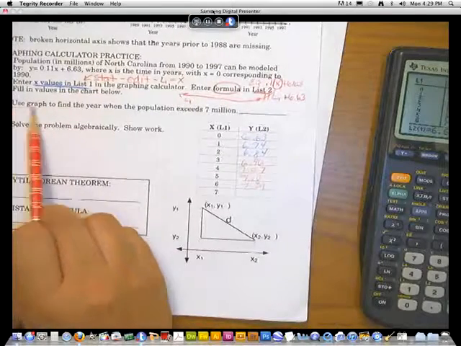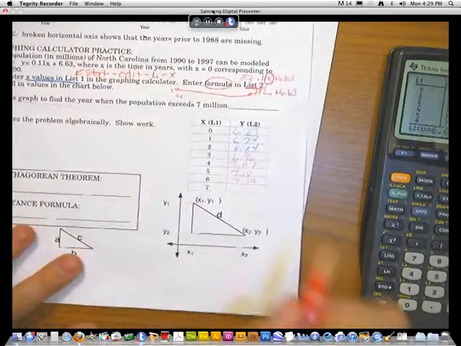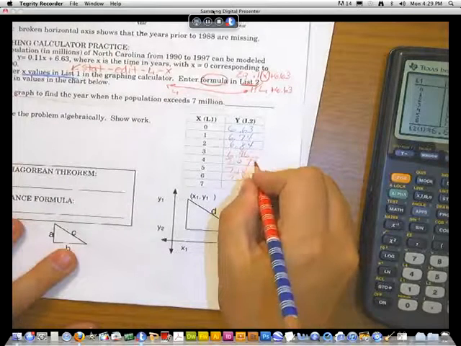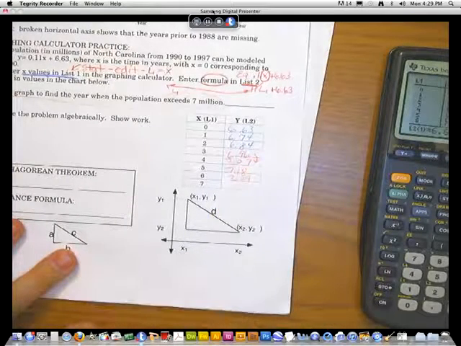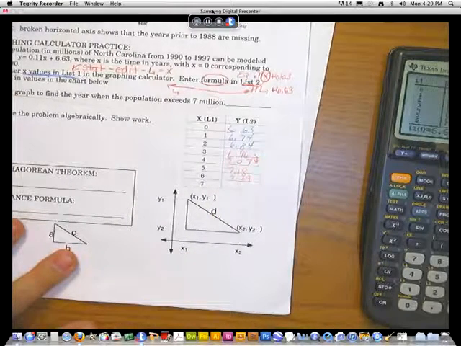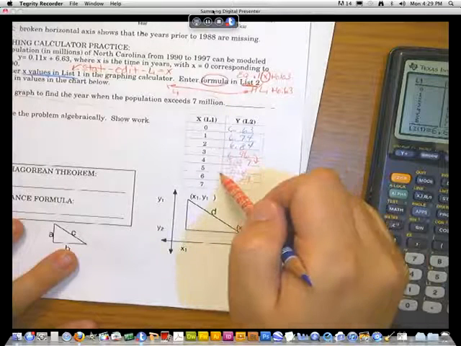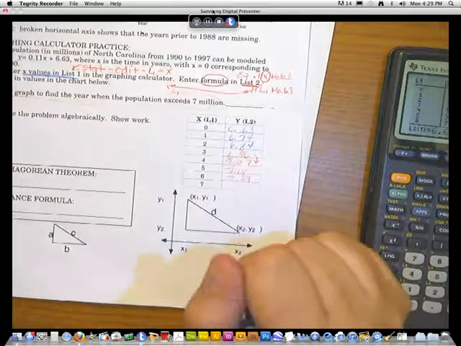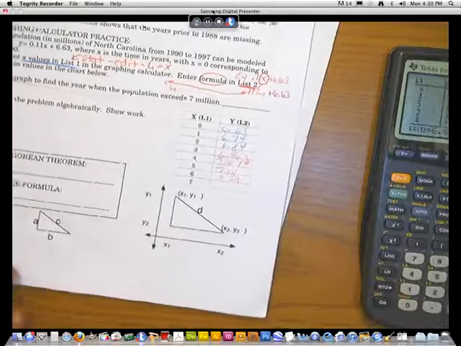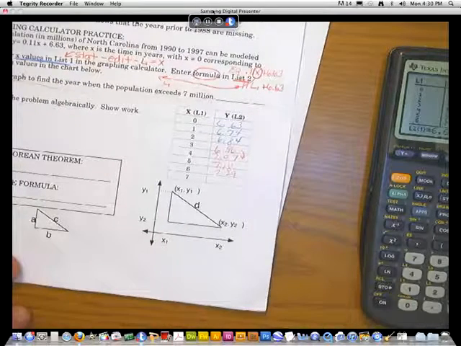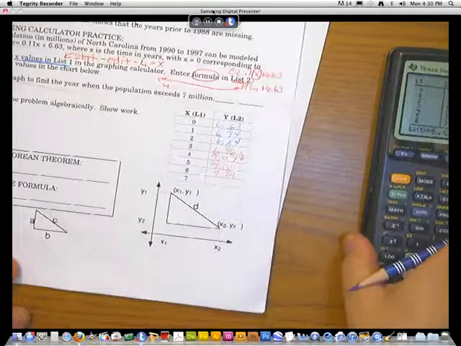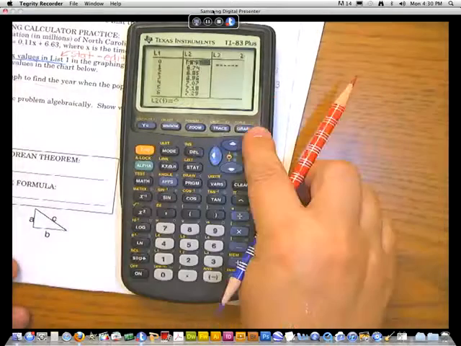so here we need to answer the question, when does it exceed 7 million? At what point did it cross over? Well, in the third year. Between the third and the fourth year is when it finally crossed over. If we want to know that point exactly, we could go to our graph,